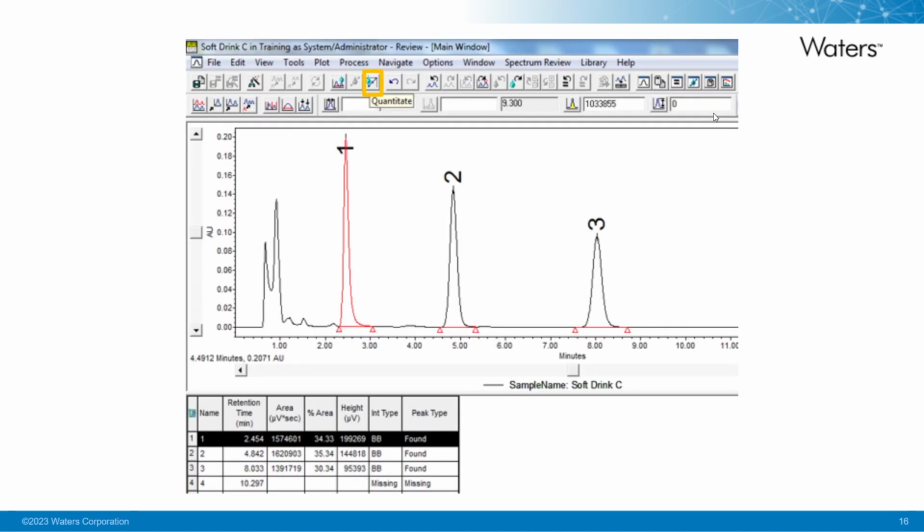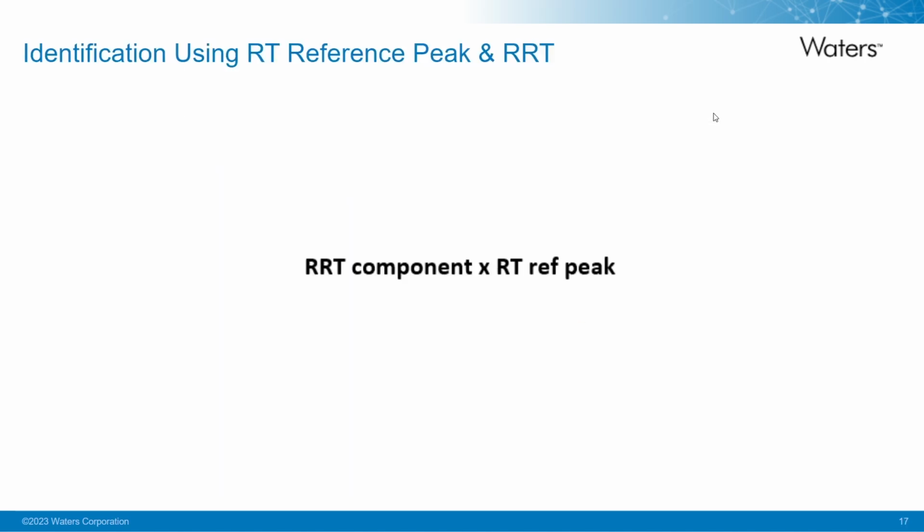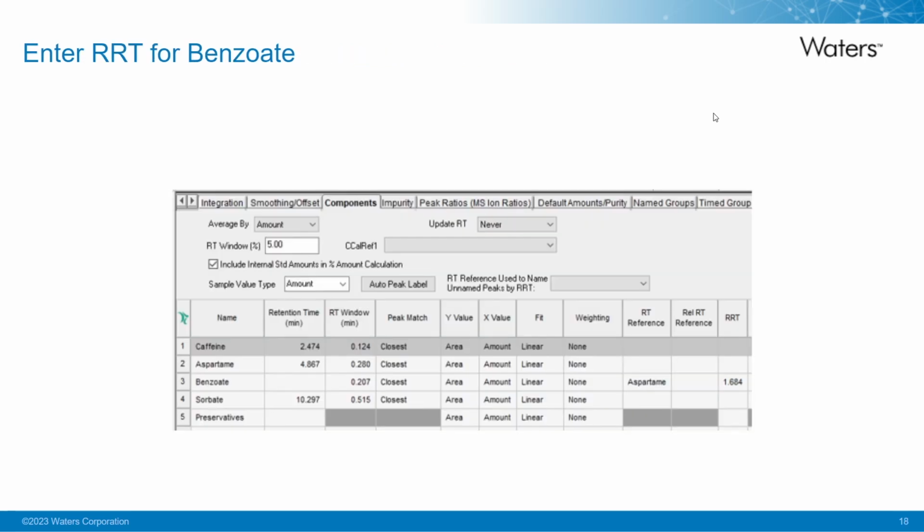Okay. And now we can see once we use that, the peak is identified properly and will be quantitated. Now, another tool that we could take advantage of is rather than identifying peaks by absolute retention time, we have the ability to identify peaks by relative retention time. How does that work? So if we go into the processing method, we can actually put in the relative retention time. It will automatically blank out or remove the absolute retention time, and it will use that relative retention time